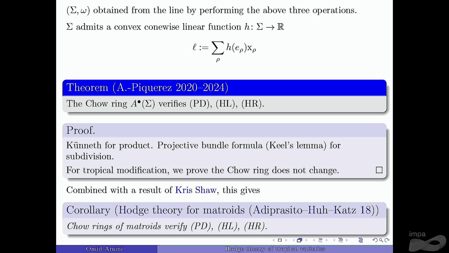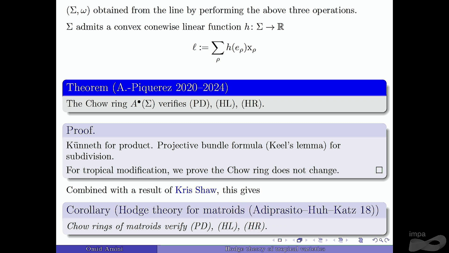Theorem, this is a theorem. Basically, all the Chow rings that you get verify the Kähler package. The Chow rings verify Poincaré duality, the Hard Lefschetz theorem, and the Hodge-Riemann relations. So why is this theorem interesting? First of all, it gives you a large collection of tropical fans which verify all the basic theorems of Hodge theory. But it also allows you to prove